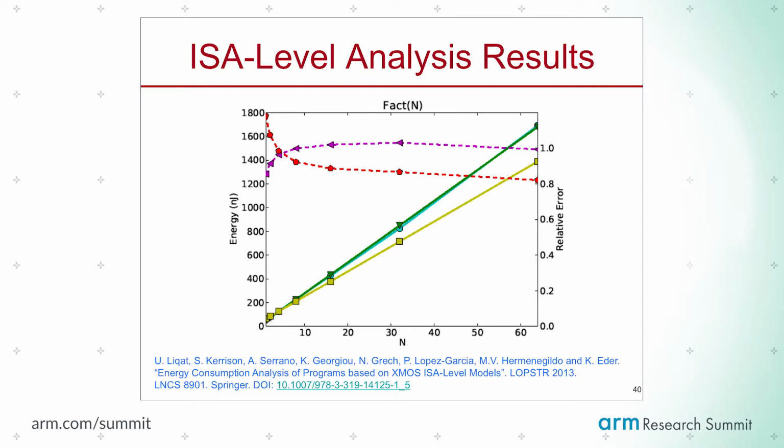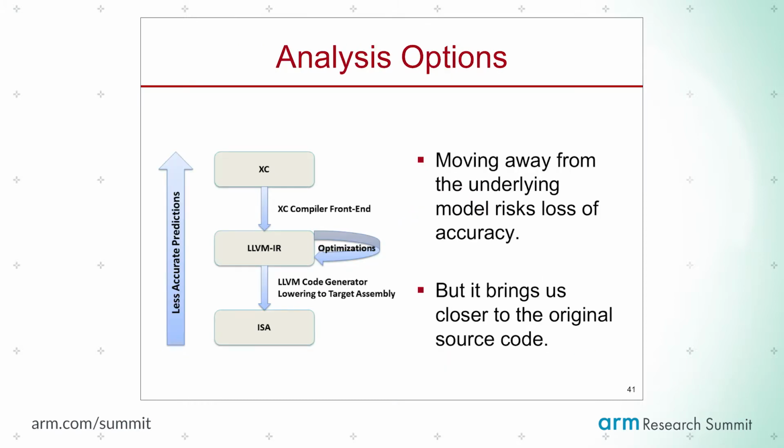And we asked ourselves how useful it is to provide this to a programmer based on the machine code. Well, clearly for a programmer it would be much more useful to have this information attached to source code because that's where you make your decisions. But moving away from where we are measuring and modeling risks losing accuracy. So maybe a good interim